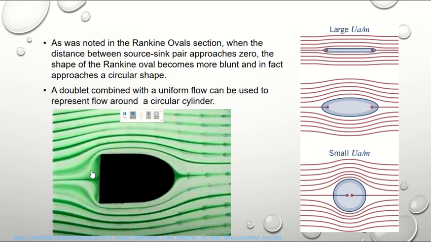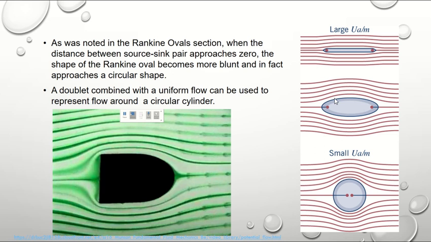potential flow simulation. Okay, so for this last combination, as was noted in the Rankine oval section, when the distance between the source-sink pair approaches 0, the shape of the Rankine oval becomes more blunt and in fact approaches a circular shape. Okay, so just recall